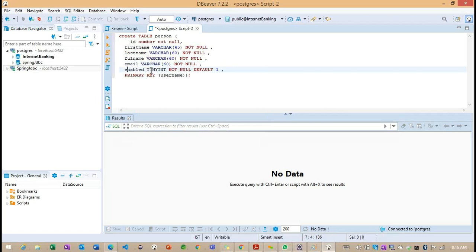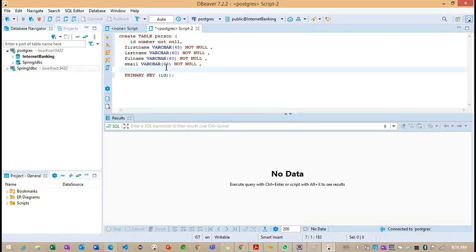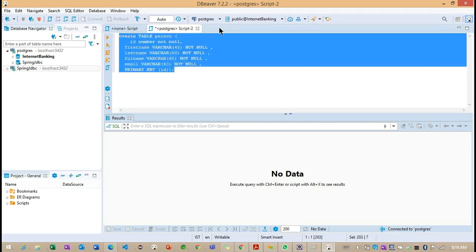Okay, we don't want to work on this particular section. And for the primary key we can go for the ID. So this is all about the table creation, and where we need to create it inside the Spring JDBC.